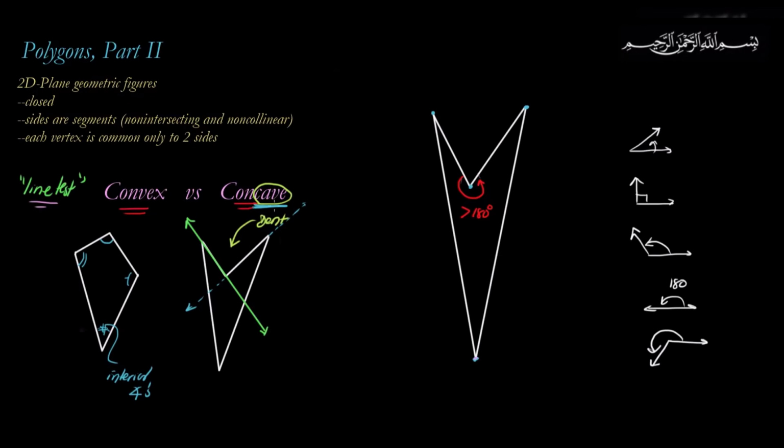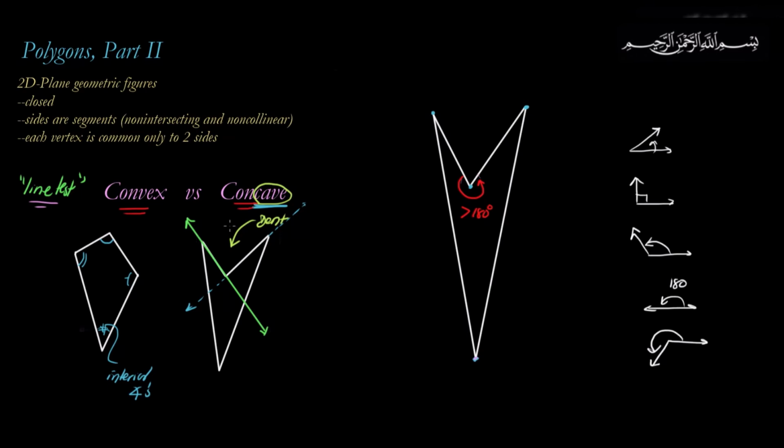Okay, so we suggested again there are two types of polygons: the convex polygon and concave polygons. These are both different types of polygon. It's not that one is better than the other. It's not like I'm better than you because I'm convex. It's just that there are two different types of polygon. So, convex polygons